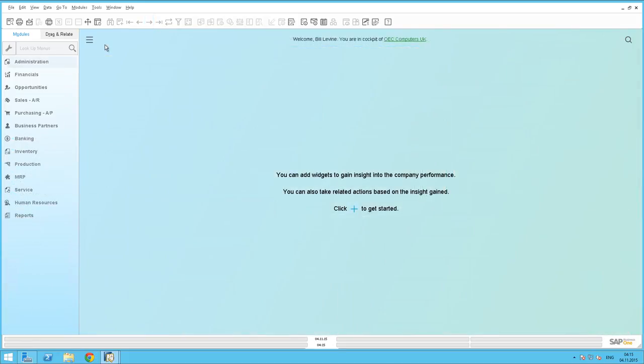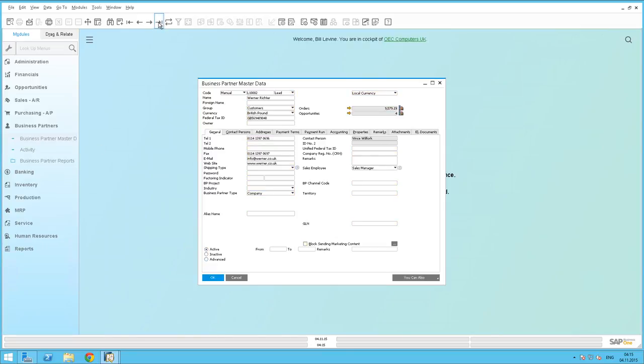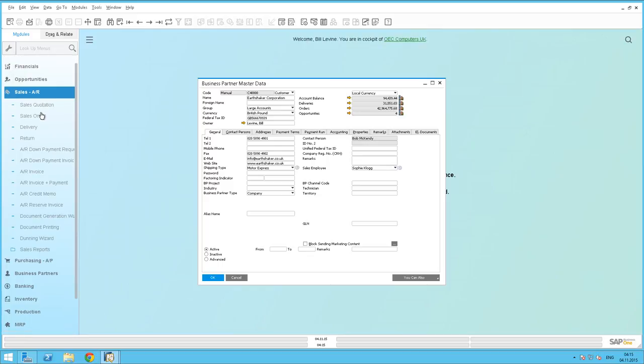I am now logged in as the employee Bill Levine. If I go to Business Partners and open up the Business Partner Master Data window, Bill only has access and can review the business partners that have no owner assigned to them or the business partners that have been assigned to Bill. If I then want to create a sales order for a specific business partner